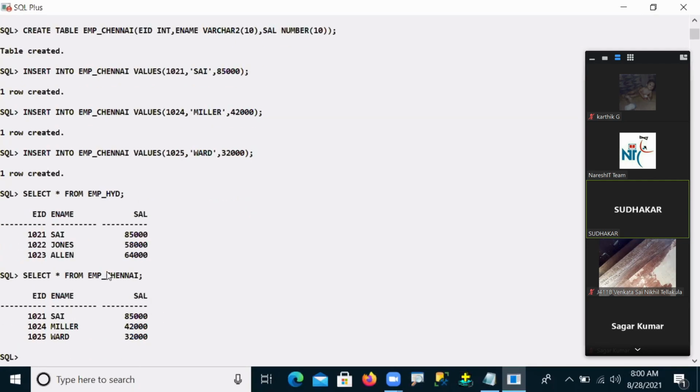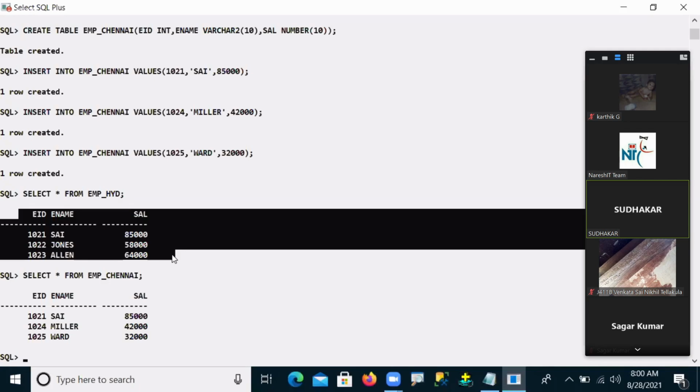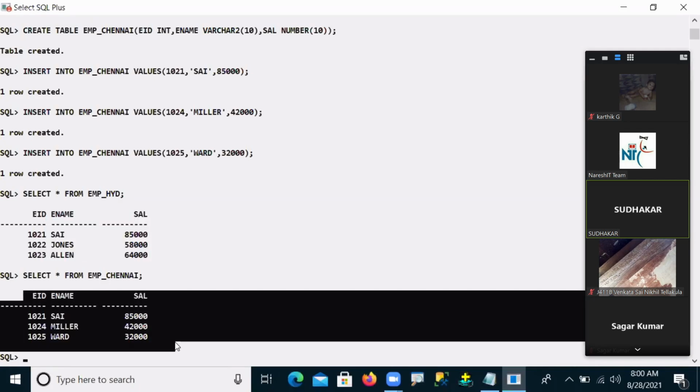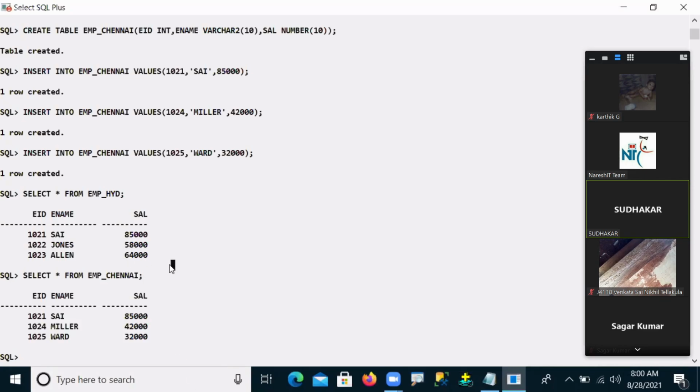In these two sets, you have to think EMP Hyderabad is one set of values, okay, and Chennai is another set of values. There are two sets of values we have here. Now on these two sets of values, I want to do my set operations, one by one we can see. For example,